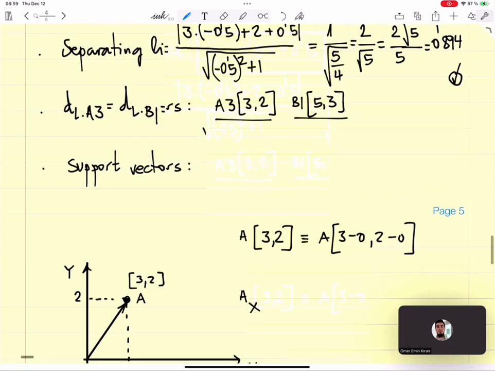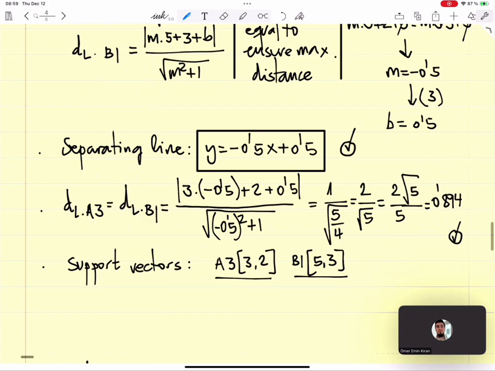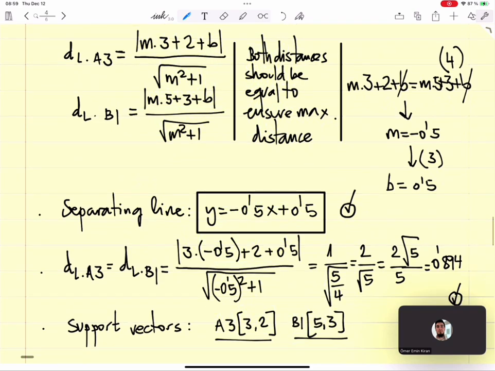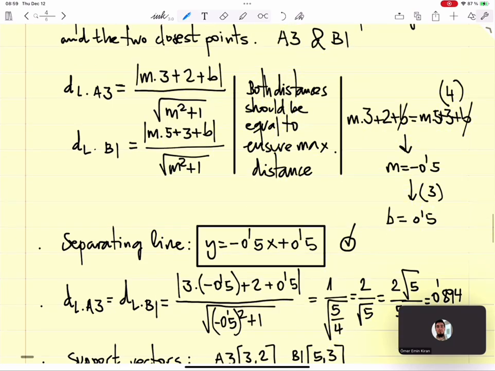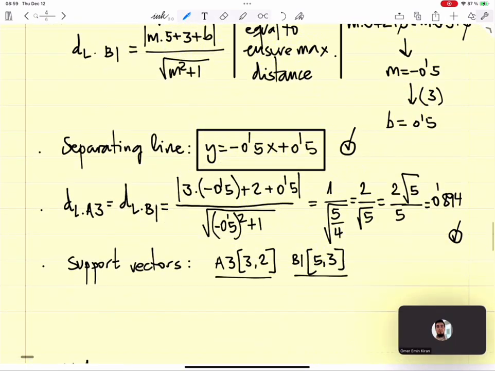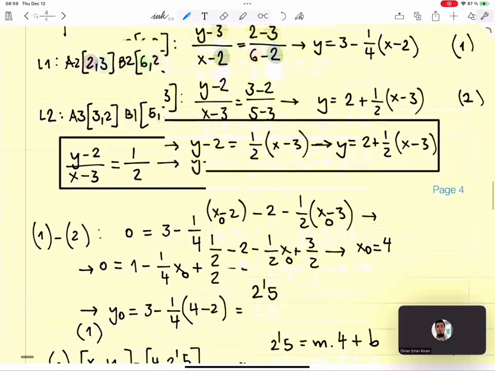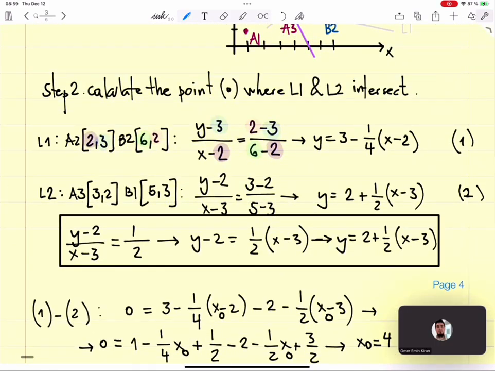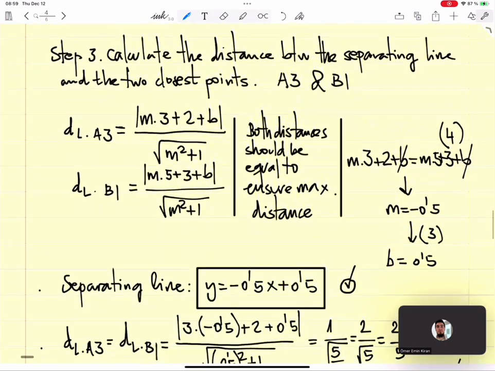What is the third step? No, where exactly? Yeah. Where are you lost? Where exactly? Where? Here? Step 3? Yeah,